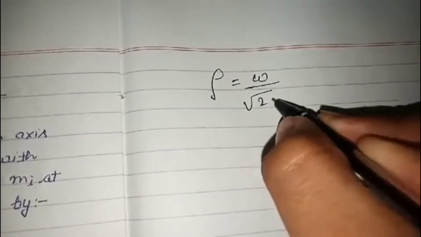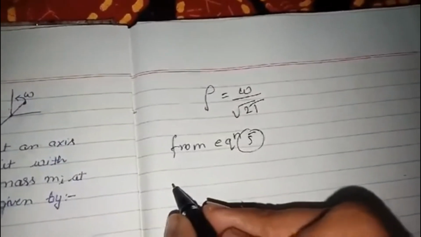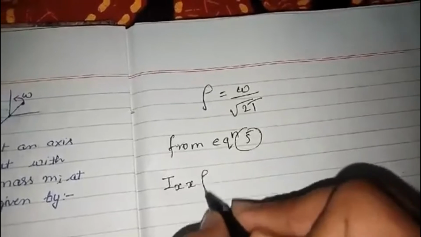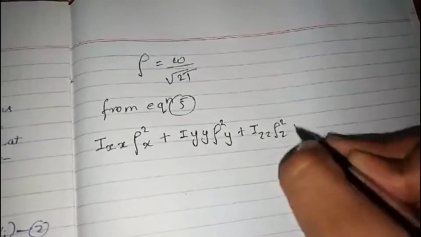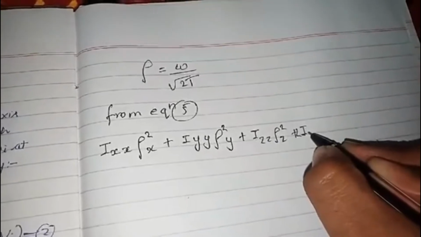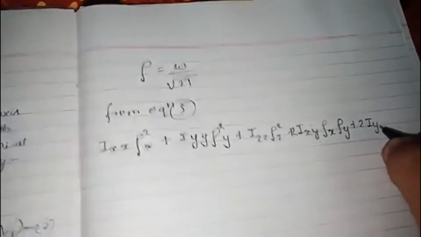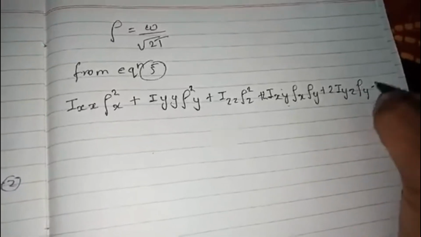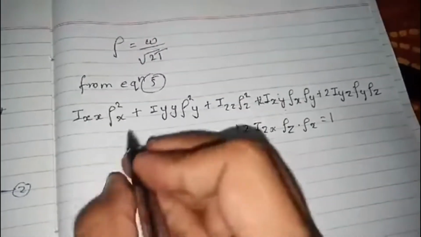सो इसमें एडिशनल एक और चीज़ है, अगर हम एक नया वेक्टर डिफाइन करें, ओमेगा रो इज इक्वल टू ओमेगा अपॉन रूट 2T। सो फ्रॉम इक्वेशन 5 में जहाँ जहाँ पर ओमेगा है वहाँ पर आप रो को पुट कर सकते हैं। तो आप देख लीजिए, Ixx रो x का स्क्वायर, Iyy रो y का स्क्वायर, Izz रो z का स्क्वायर, 2 Ixy रो x रो y, 2 Iyz रो y रो z, 2 Izx रो z रो x, सब वही कर रहे हैं हम। सो ये इक्वेशन क्या होती है, ये इक्वेशन होती है